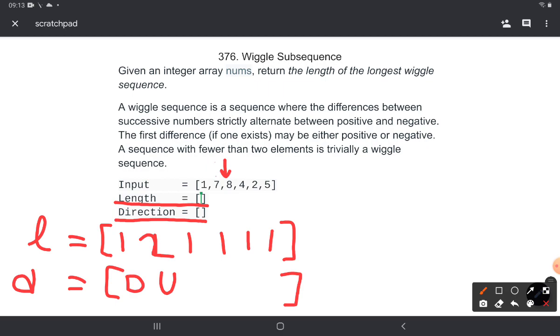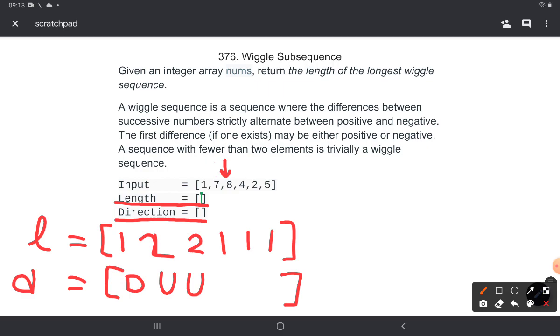Starting from 0th index 1, going over to 8 is a Wiggle subsequence because it goes up from 1 to 8. So I would update this to length 2, and the direction would be 1 is down and 8 is up, so it is going in the upward direction.